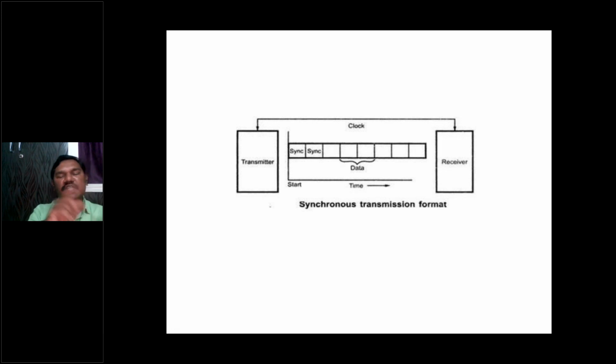Only then can the transmitter send more data to another receiver or the same receiver. Until the first data is transmitted to the receiver, no transmission happens at the transmitter level. This synchronization is done with the help of the clock signal.